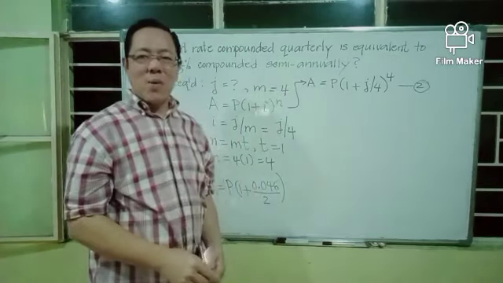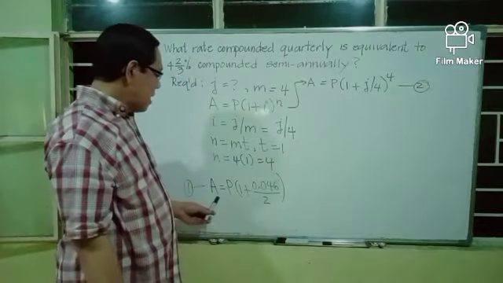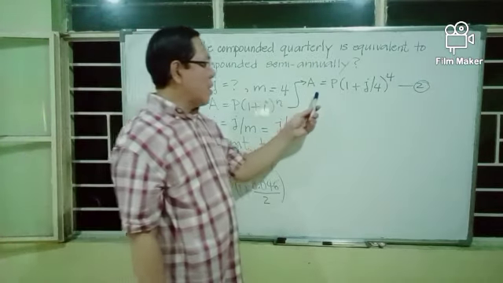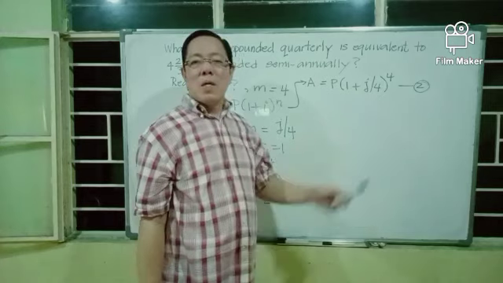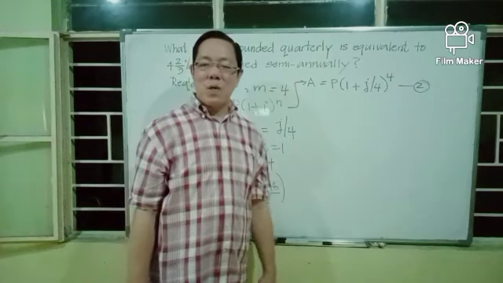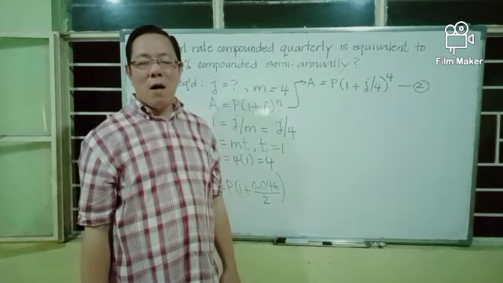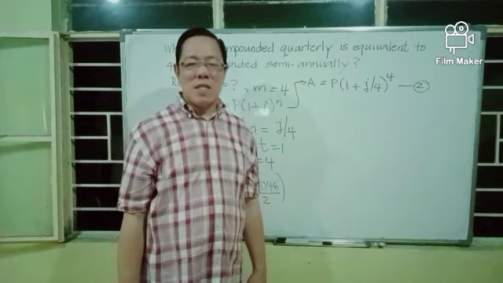And call that equation 2. Now we equate the value of A in equation 1 to the value of A in equation 2, because that is the condition in the definition of equivalent rates that says two rates are equivalent if they produce the same